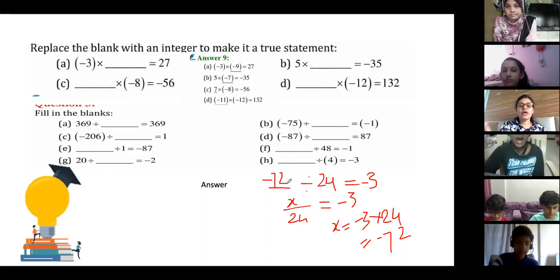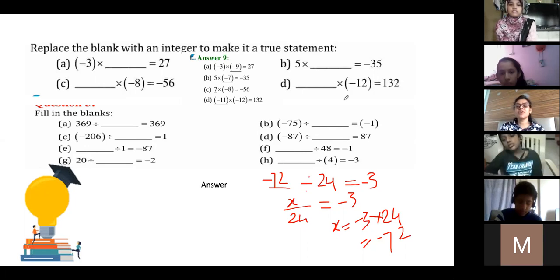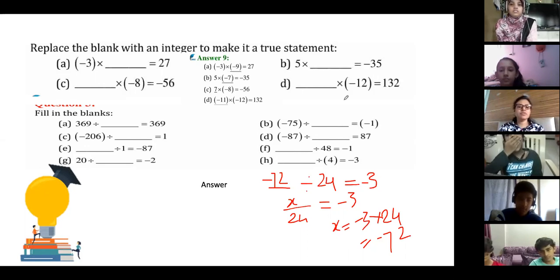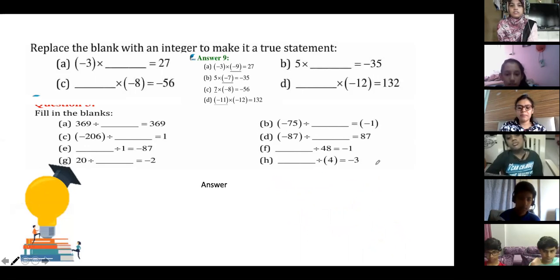If you don't understand, take it as x and solve the question. Here it was 5 into x is equal to minus 35. So x is minus 35 divided by 5. You know this law of equations, right? Whatever sign is on this side, if it goes to that side, it becomes the reverse sign. If this side it is positive, that side it becomes negative. If this side it is division, that side it is multiplication. Is it clear? If it is not clear, you can ask me, I can explain it once again. So this part is clear.